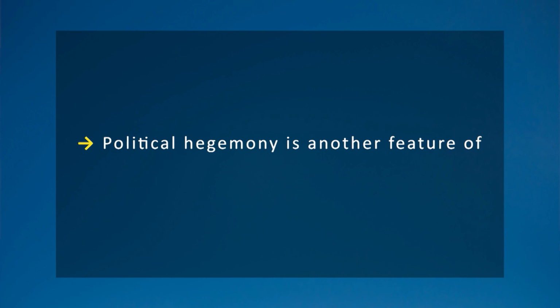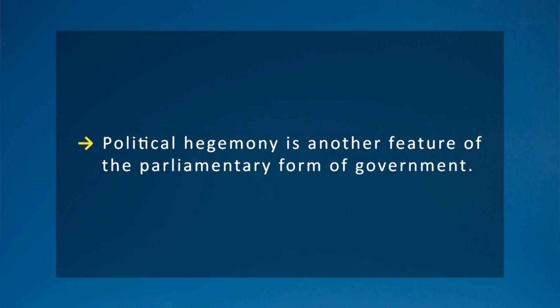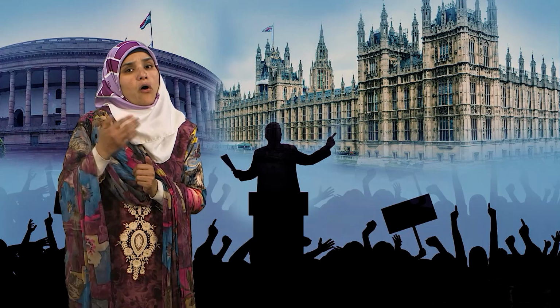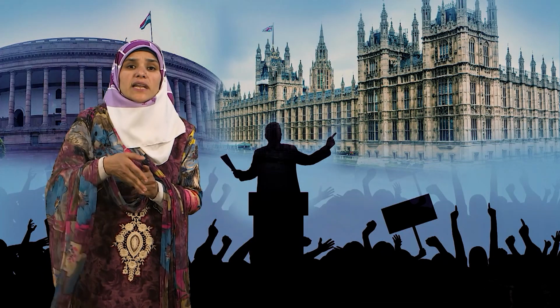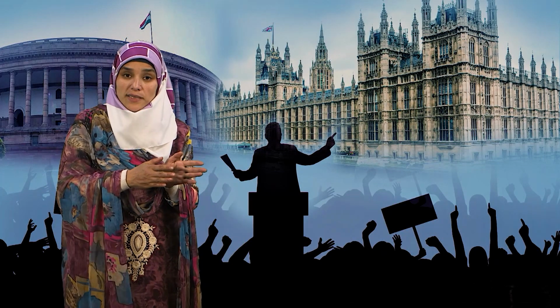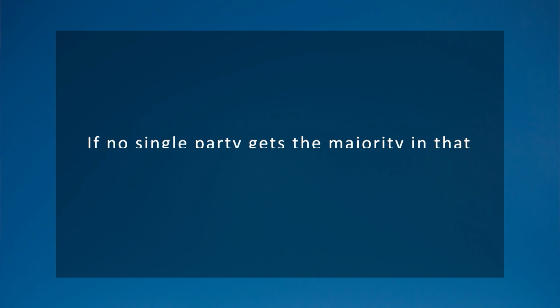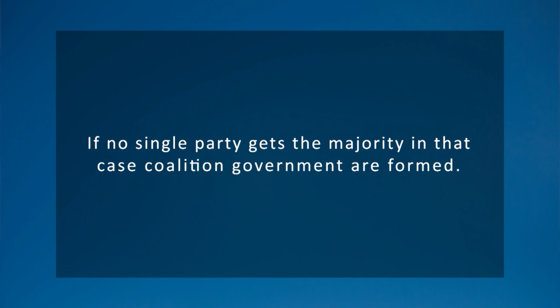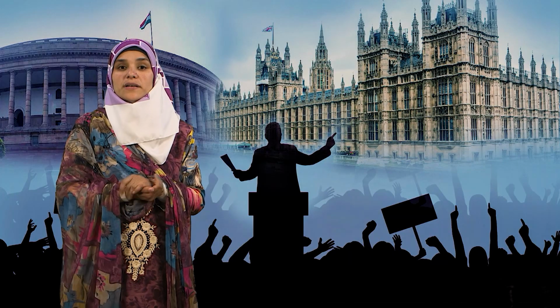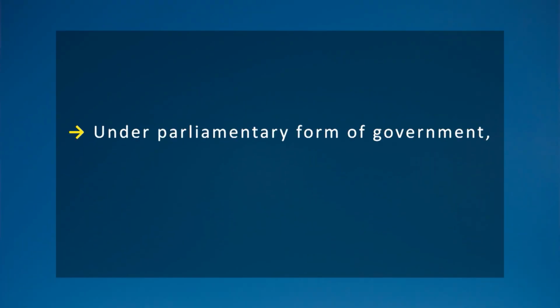Political homogeneity is another feature of the parliamentary form of government. All ministers are taken from the ruling party, but if no single party gets the majority, in that case, coalition governments are formed. The other feature of the parliamentary form of government is that